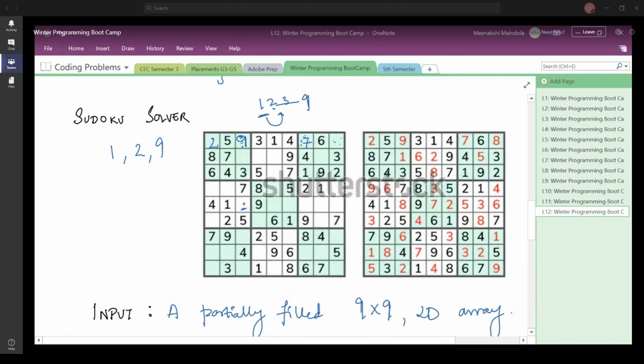If I start from 1, let us say, and I say that 1 should not be placed here. Okay, then I check for 2. 2 again is not safe to be placed here. Then I check for 3. 3 is not safe to be placed here. 4, 5, 6, 7, and 8 and 9.